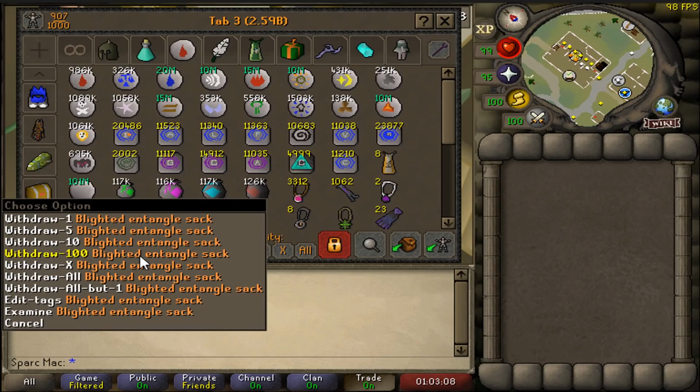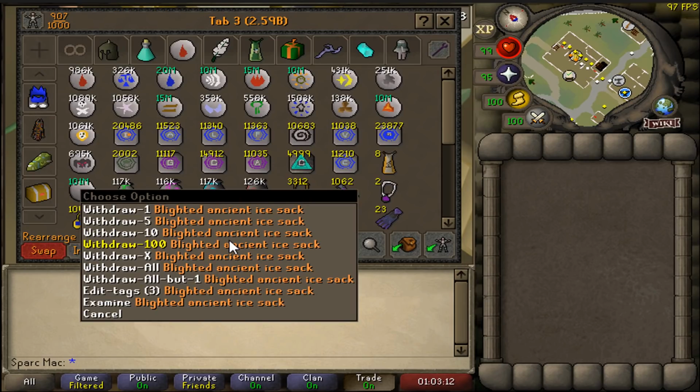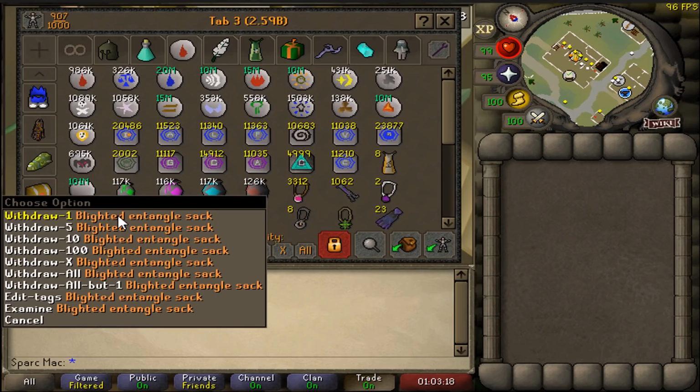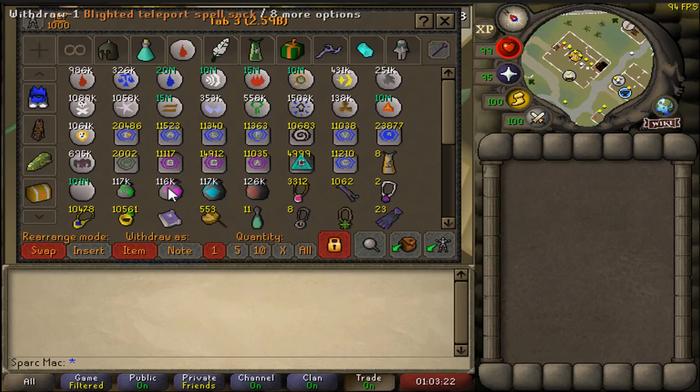These are pretty cool too. The Blighted Entangle Sacks, Teleport Spells, Ancient Ice Sack, Vengeance. Basically, these are the spell all in one. So instead of bringing the runes, you can just bring the sack. This will be an Entangle. You know, the TB, Barrage, Vengeance. Nice specimens to have. I realize this bank video is a little bit longer than I anticipated, so let's speed